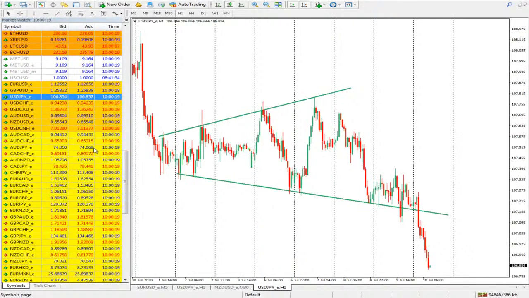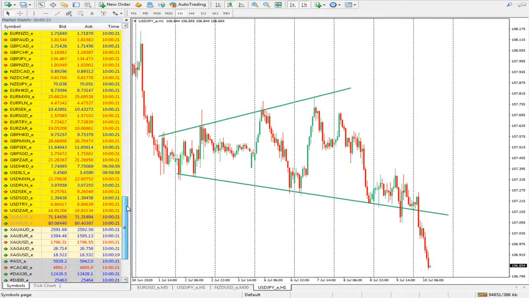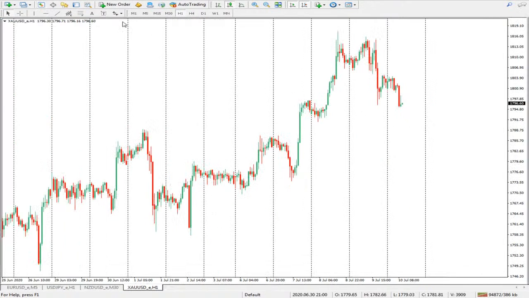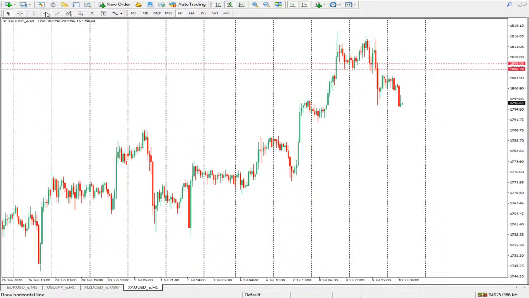So the next chart we look at, let's look at gold. Gold has reversed to the lower side. We were upwards previously. We had this level here. So this was just a support. There was a break below, and then there was this retracement which didn't come back to that level. As it is now, we expect a continuation to the lower side. We want price to retrace back up to this point,